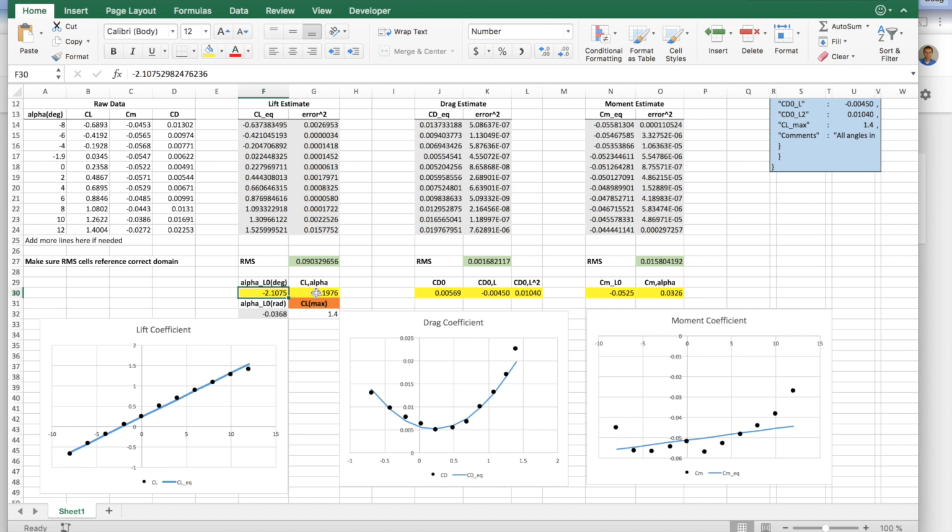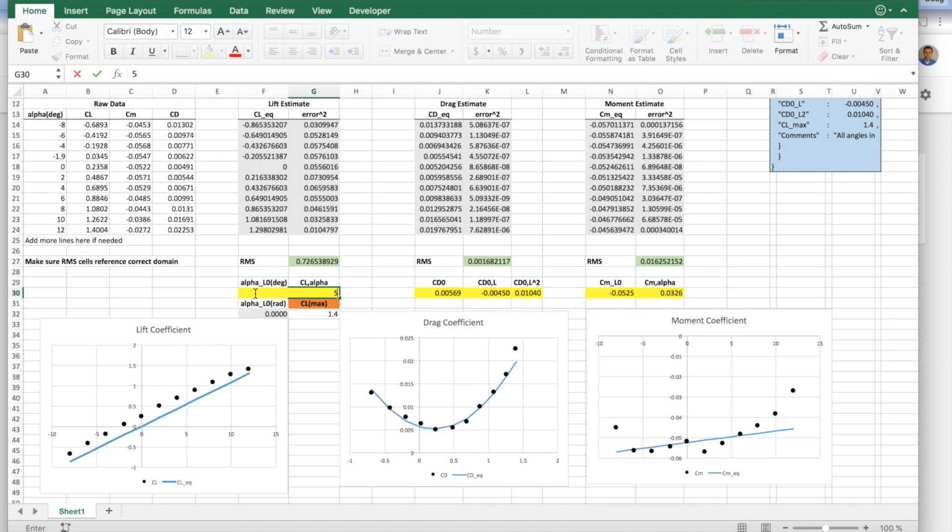Okay, so now what Excel is going to do is iterate on the zero lift angle of attack and the lift slope. It's going to try to come up with numbers that create a really nice line here. So I'm actually going to change these back from their defaults, and I'm going to put in a 5 here. So let's say that we start out with a blue line that's represented from these two values here, and obviously that doesn't go through our data. What we want Excel to do is choose numbers here that will force that blue line to go right through